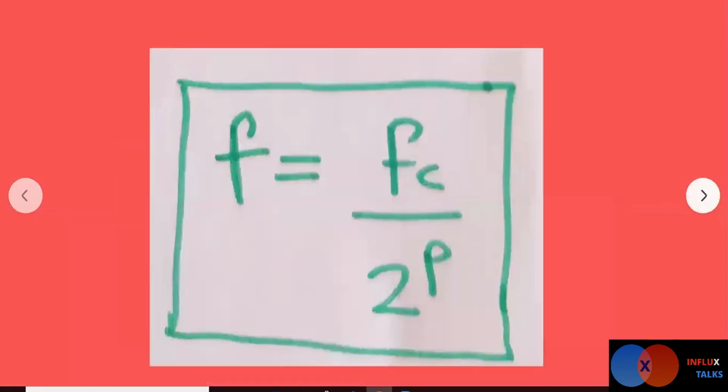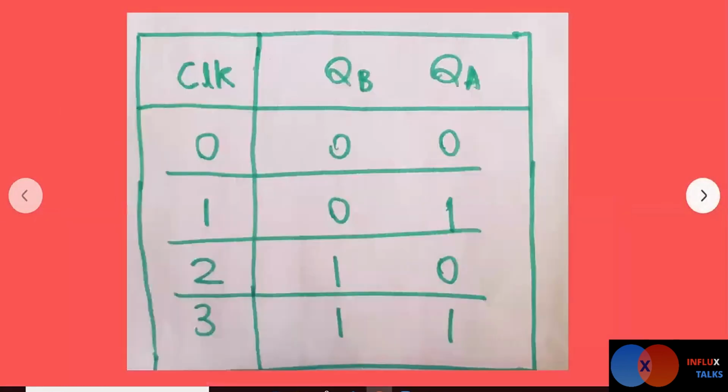So this is how the circuit works as a counter, and just by knowing the values of QB and QA, we can know how many clock pulses have passed. Like for 0, 0 it's 0, 0, 1 is 1, 1, 0 is 2, and 1, 1 is 3. By knowing the output of 2 flip-flops, we can know the clock pulses, and this way the counter works. Similarly, we can make a counter that counts from 0 to 15 as well.